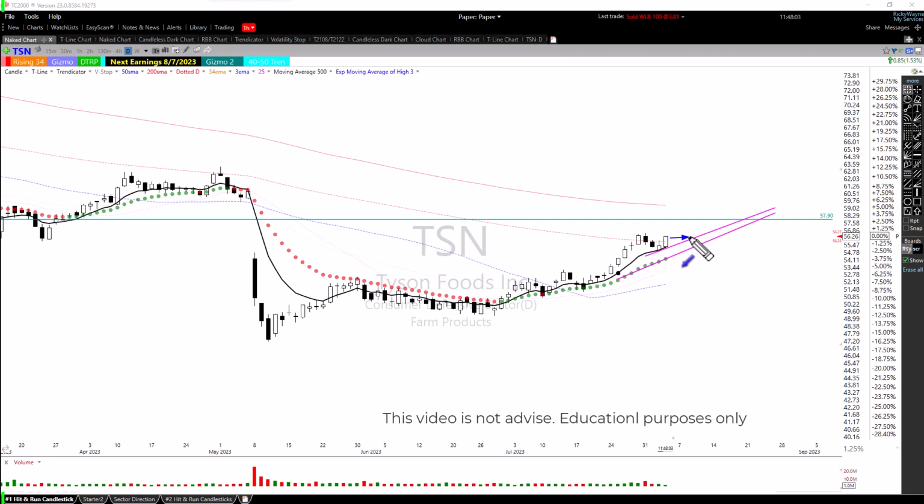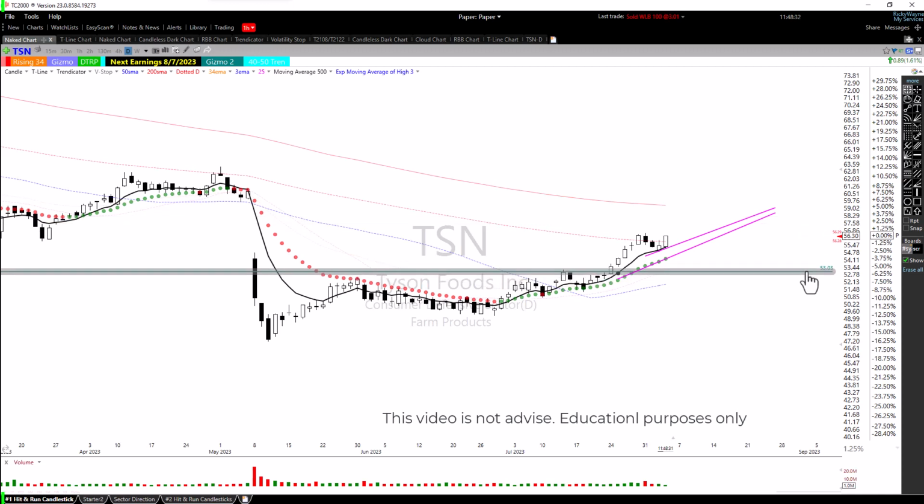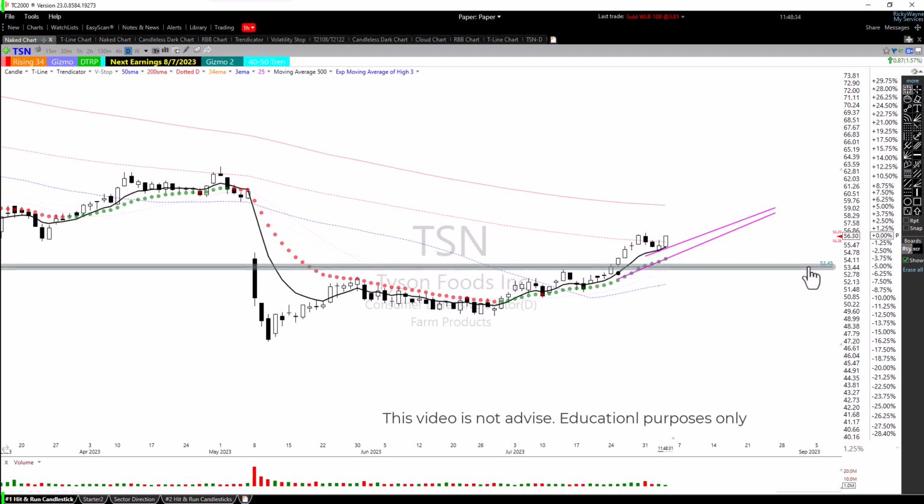So it can move sideways. I don't want it to move down. And it can move up, and I'm happy as can be. I just want to be right about the trade. So if you know where your stop was, 5%, say down here,